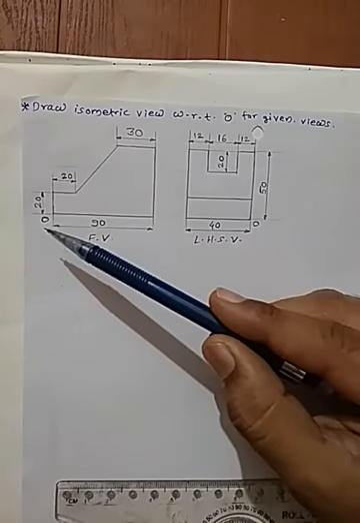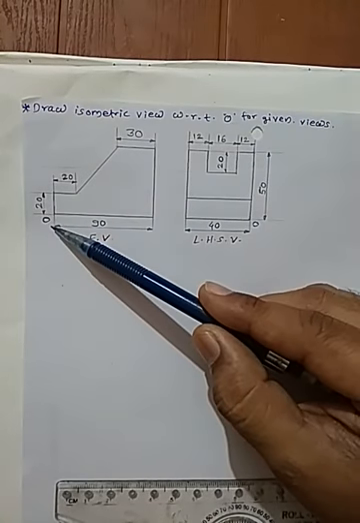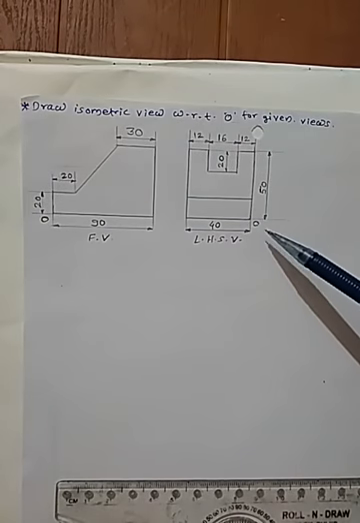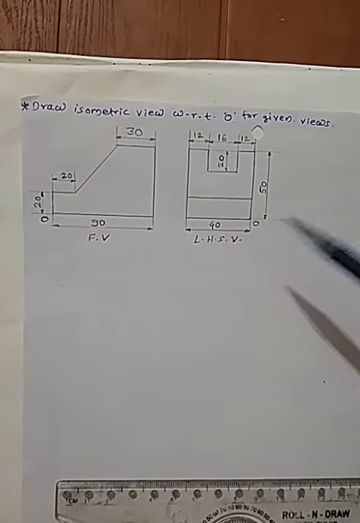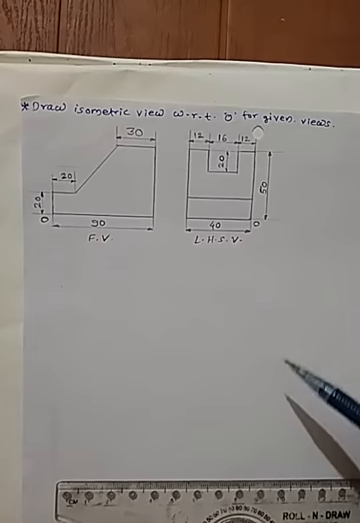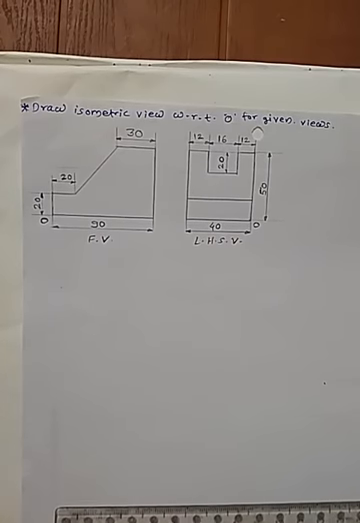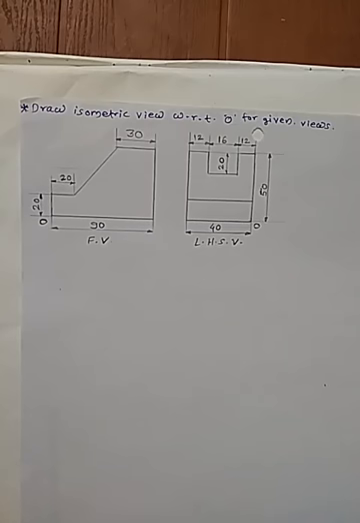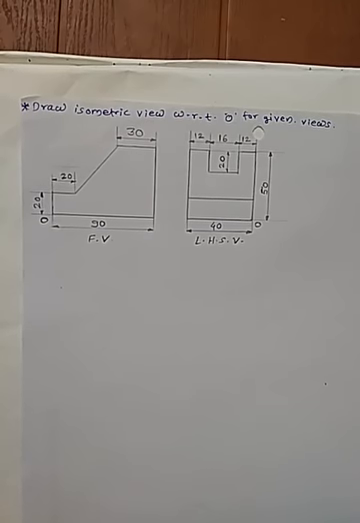The position of origin for the front view is here, it is O, that is, the front view is towards the right of the origin, and for the left hand side view, here is the position of O, that is, towards the left of the origin. So we need to construct the isometric cube first. Let us start with how to construct that isometric cube.